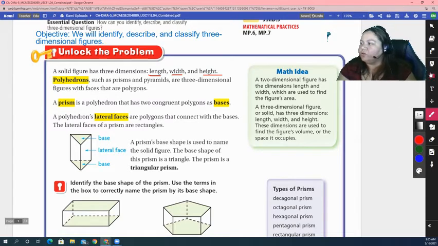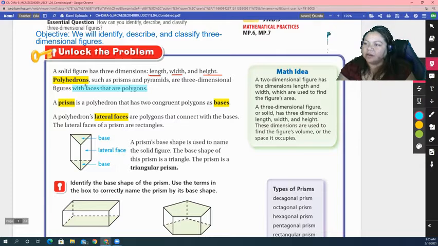So the tip here is that polyhedrons are three-dimensional figures with faces that are polygons. Remember that polygons are closed figures with at least three segments. So polyhedrons have